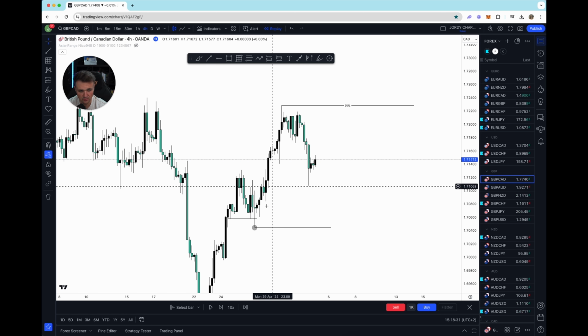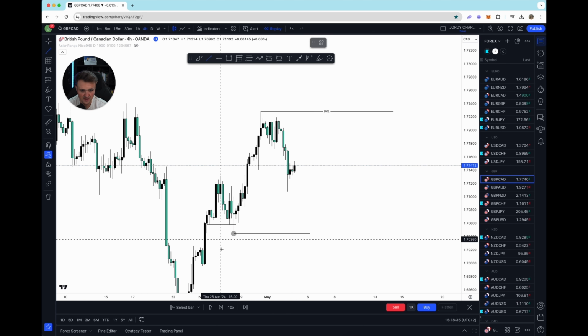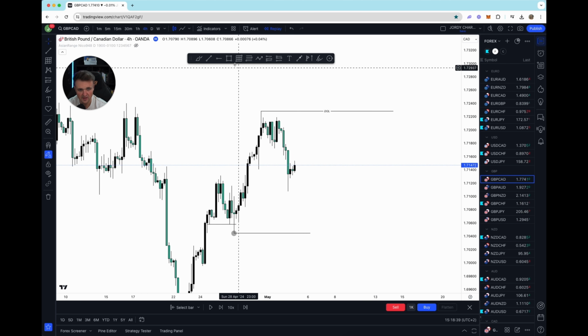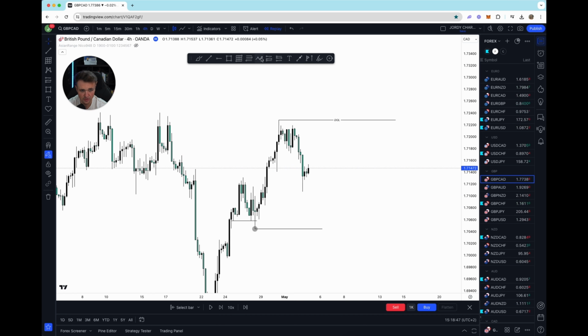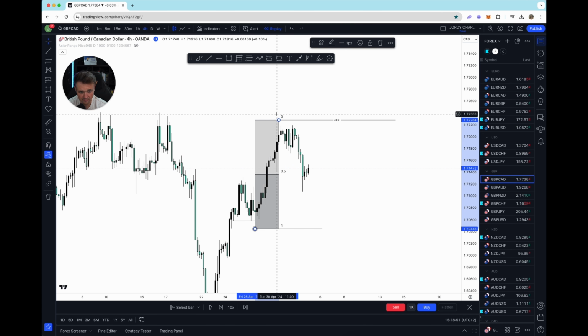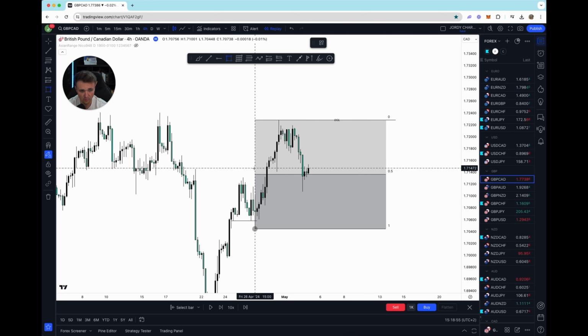So we have a draw on liquidity. We have a strong zone that we're looking to target. I think this actually is raided as well, or just not yet. But this to me is quite a strong PD array. So whenever we have this impulse, we have a high, we have a low, I'm just going to use the Fibonacci tool, of course, to indicate premium and discounted price ranges. And as we can see, we're right now at the equilibrium of price.